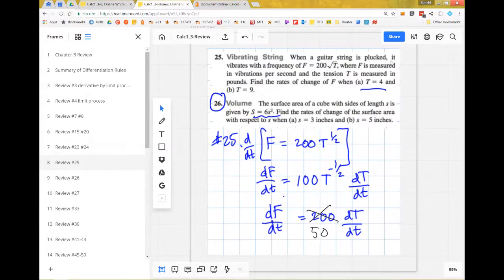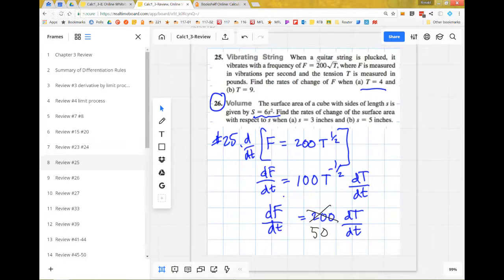When a guitar string is plucked, it vibrates with a frequency of f equals 200 times the square root of t. F is measured in vibrations per second. Tension T is measured in pounds. Find the rates of change when t equals 4, and in part B, when t equals 9. So how do we do this? Well, we've got an equation, f equals 200 times the square root of t,